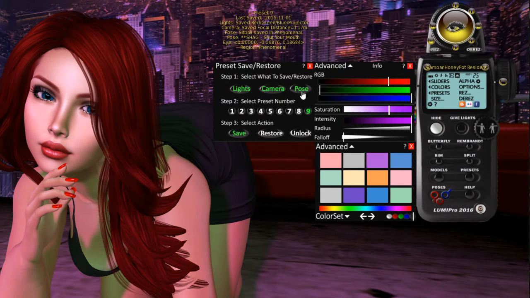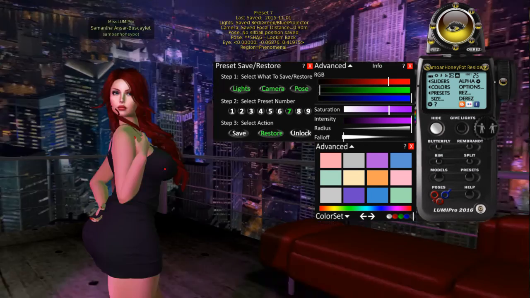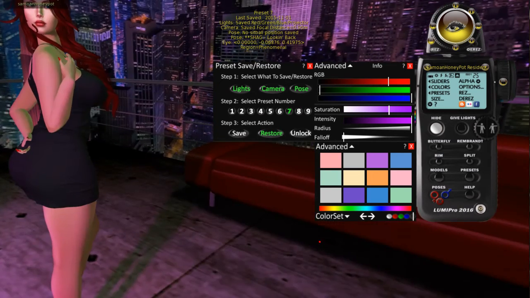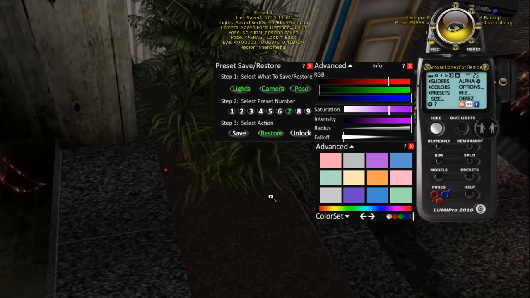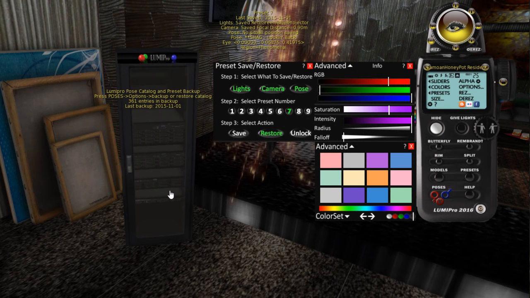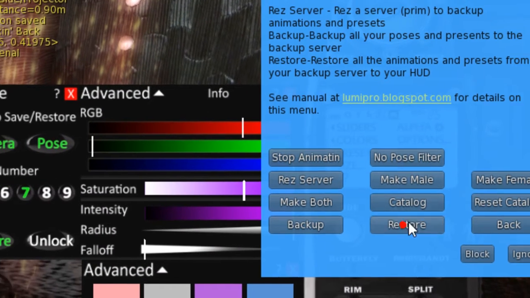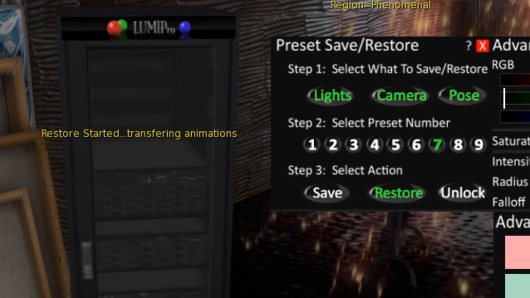And again, I'm saving the lights, camera, and pose. And I can go restore back to this one. I can restore back to any of these that I've done here. Okay, putting it all together here, I can actually rez a backup server and save all these things. I have a backup server sitting right here with a bunch of pre-saved poses that I had done while I was doing the development here. So what I could do is rez a server, save all this pre-saved information, and now what I'm actually going to do in this particular case is restore this catalog here, and this is where I'm going to